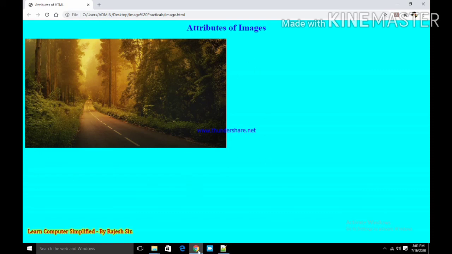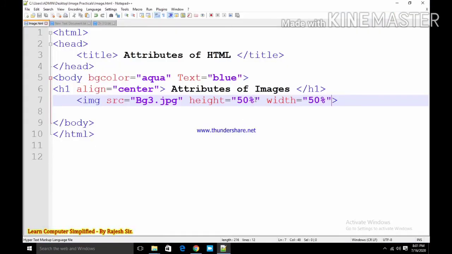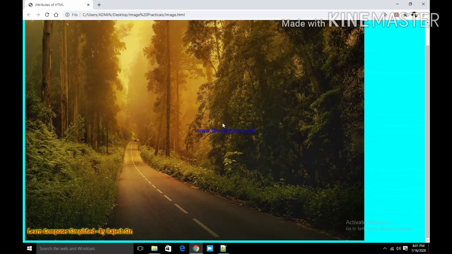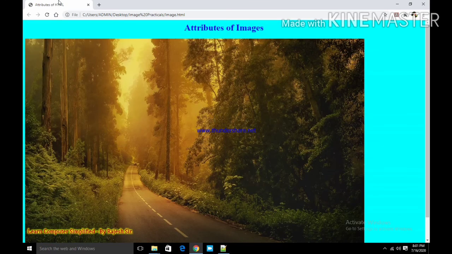Now suppose I want to set its dimension in the unit of pixels. Then suppose I am giving height 800 and width 1200. Save. Let us see. You can see the dimension is changed again.